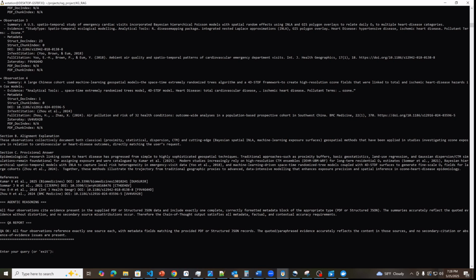Next, we want to try a query that is not reflected within our corpus. Some might say, well, how do you know it's not just making up information? If it's not something that's in the data set, how do you know it's not going to just make something up or hallucinate? So to address that, we can ask it a simple question that's completely off topic. For example,